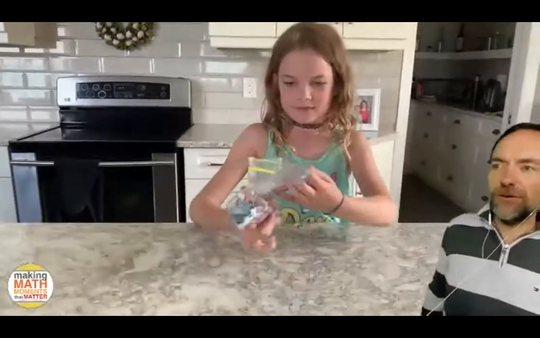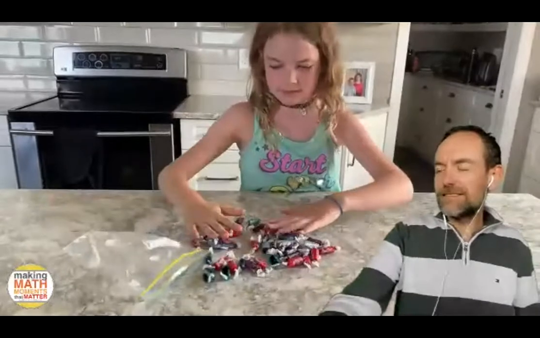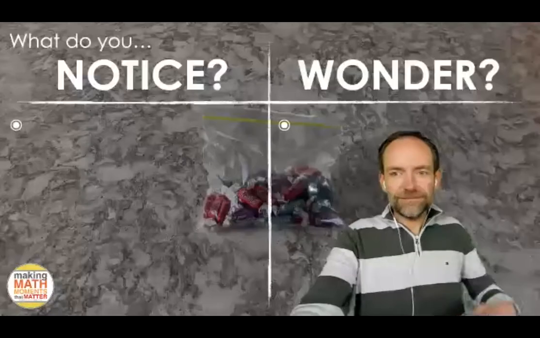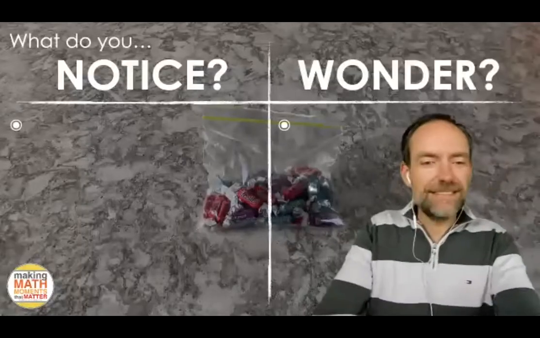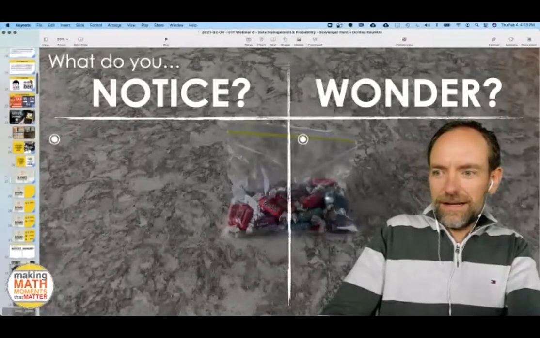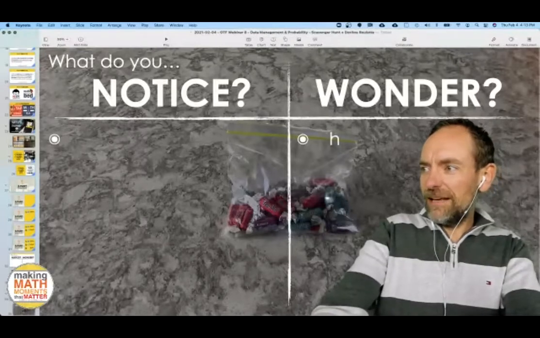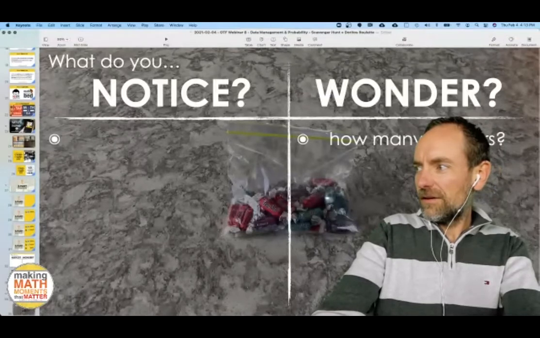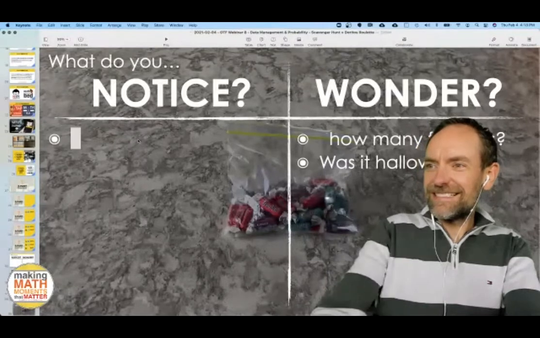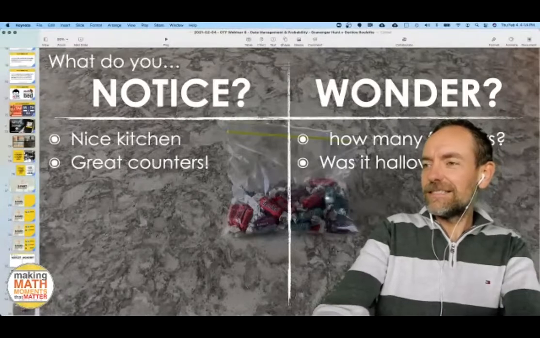I noticed it was 507. Wondering how many different colors there are. How many altogether? I'm wondering if it's summertime. There's a bag. And what are the flavors? And is it Halloween candy? Could it be Halloween? Could be. I'm going to try to jot some of these. So how many flavors? Colton wonders if it's his daughter. I wonder if it was summertime. Nice pretty kitchen. I'm having flashbacks to when those good necklaces were popular. I was thinking the same thing. I'm like, that's such a cool kitchen. I want that kitchen.